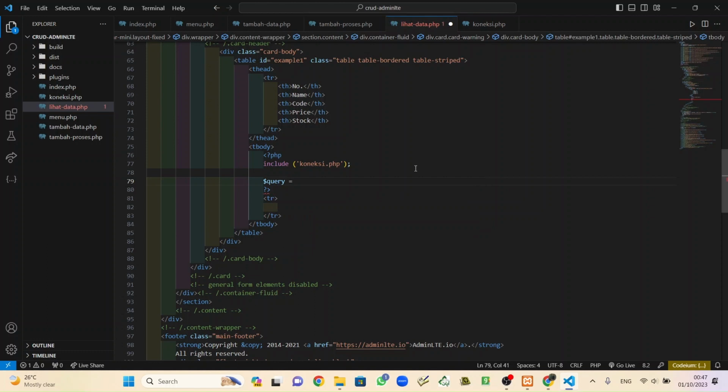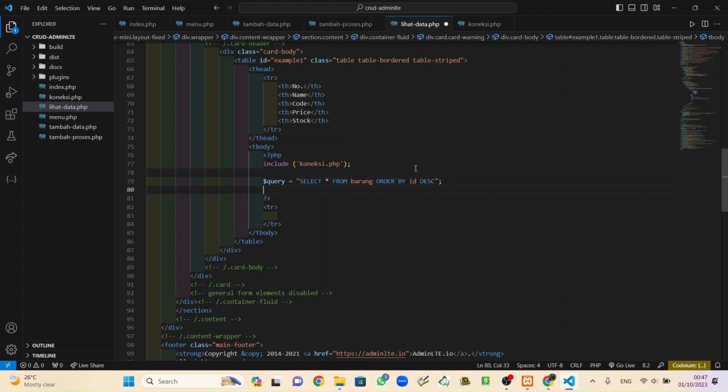The query is select all from barang order by id descending. Desc means descending, so the last thing added will appear at the top. SQL. What is that? Okay. SQL.